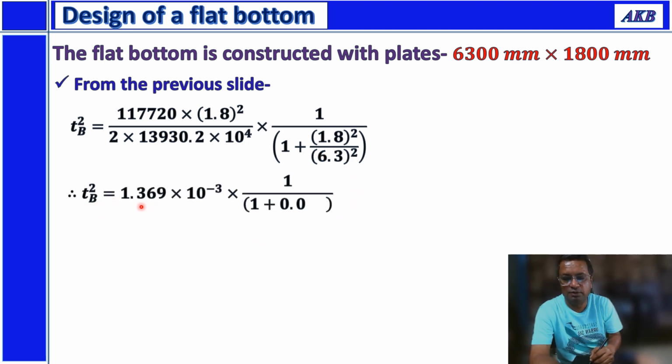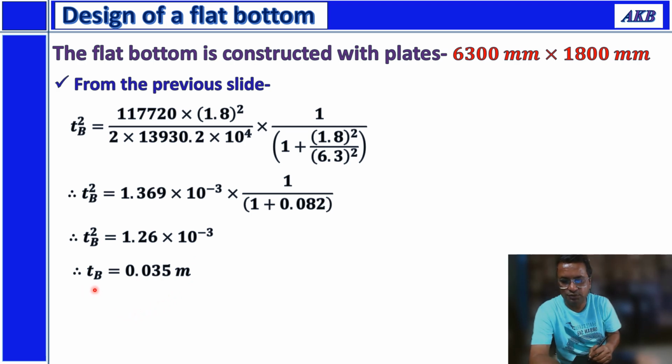Therefore, tb square will be 1.369 into 10 to the power minus 3 after you simplify this, into 1 upon 1 plus 0.082. Therefore, tb square will be 1.26 into 10 to the power minus 3, which gives us tb as 0.035. That is, the thickness for the bottom will be